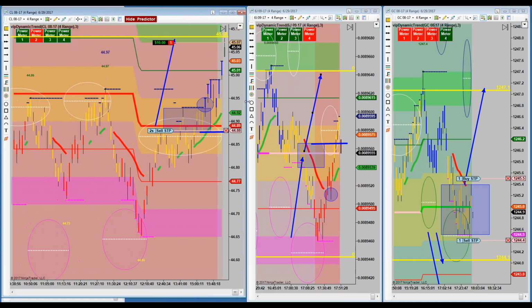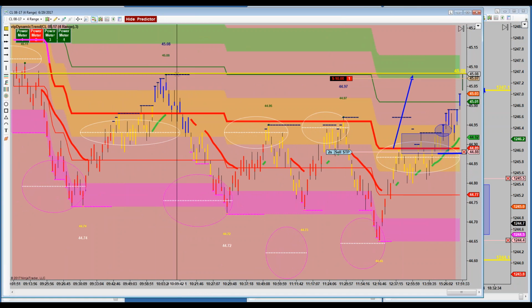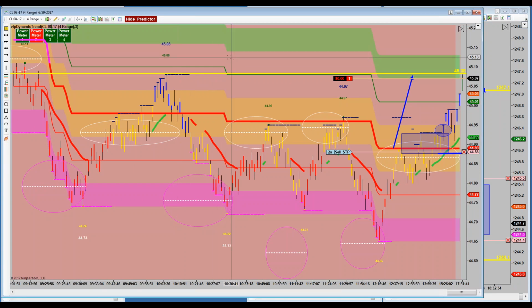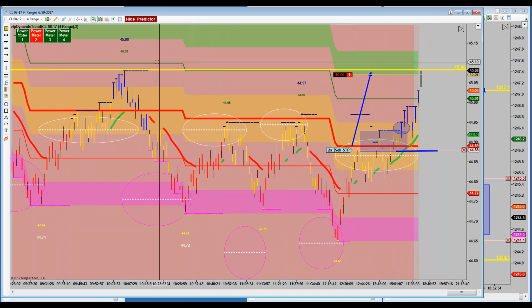Now, the positive argument for shorting this was the fact that we have some established resistance here. Yes? However, in my view, this is a risky trade, simply because of the last thing we just said on 6J, which was, you don't want to necessarily take a short at resistance. If I was going to short this, I would probably be more prone to put a box around it, let it reverse down out of here, and try to get a scalper trade down into here.